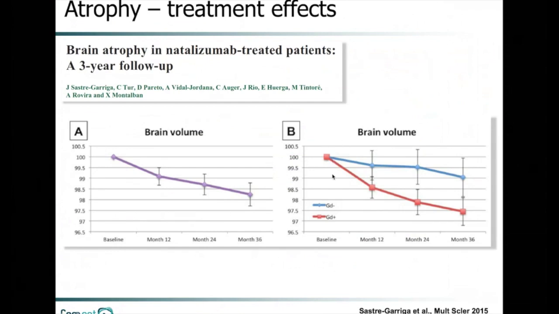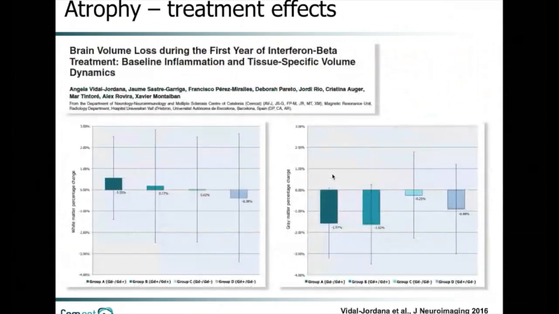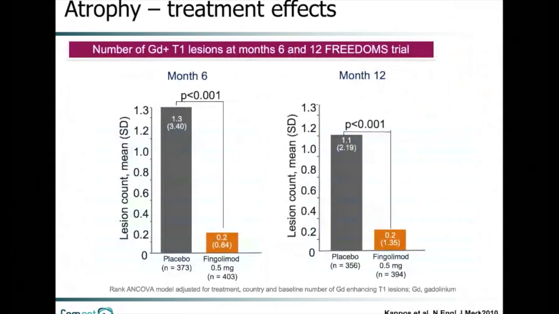This is not only happening in natalizumab, by the way, it is also happening in interferon. We showed this in a paper by Anca Vidal-Jordana in 2016 in the Journal of Neuroimaging. So all anti-inflammatory drugs have this theoretic potential to induce pseudoatrophy. But pseudoatrophy is not a